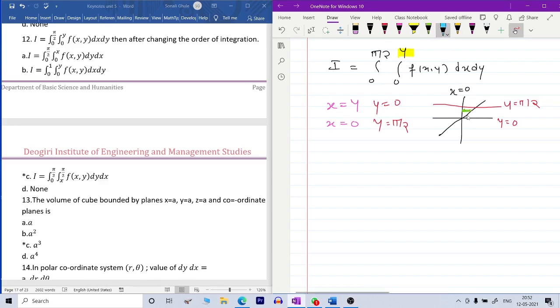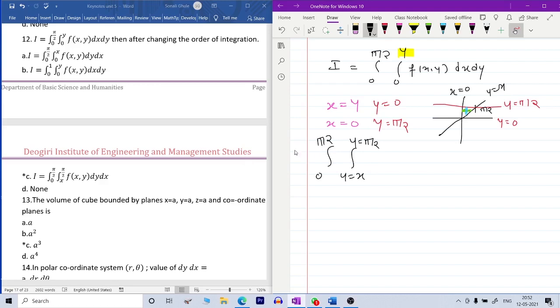अब हमें इसे कन्वर्ट करना है वर्टिकल में, क्योंकि हमें ऑर्डर चेंज करनी है. तो आप लोग यहाँ पर देख सकते हो कि लिमिट्स कैसे चेंज हो रही है. लोअर एंड ये लाइन पर है, स्ट्रेट लाइन पर, तो यहाँ पर हमें अभी लिखना पड़ेगा y इक्वल्स टू x, क्योंकि वर्टिकल स्ट्रिप है तो अभी आंसर x में आएगा. ओके. और अपर एंड जो है y इज इक्वल्स टू पाई बाय 2 पर है, तो ये पाई बाय 2 हो जाएगा. और ऑसिलेशन जो है, अब यहाँ पर ये पॉइंट हमें फाइंड करना पड़ेगा. राइट. अगर ये y इज इक्वल्स टू x लाइन है और यहाँ पर y की वैल्यू पाई बाय 2 है, तो डेफिनेटली x पाई बाय 2 होगा. राइट. तो ऑसिलेशन 0 से पाई बाय 2 तक है.